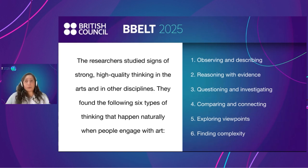Then, exploring viewpoints, because this type of approach encourages students to consider multiple perspectives. How is it that my friend understands something differently? How is it that he sees something that I cannot see? We're dealing with different interpretations from the same object. How is that possible? Well, that can happen, and that fosters empathy and reflection. Students need to be open-minded, flexible. They have to understand that there are different viewpoints, and that gets them into interpreting and reflecting upon the